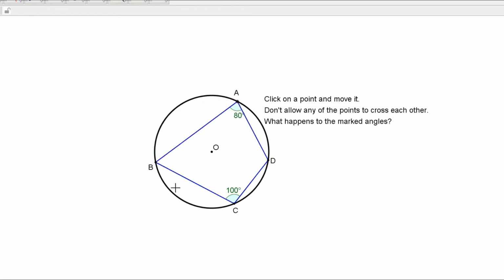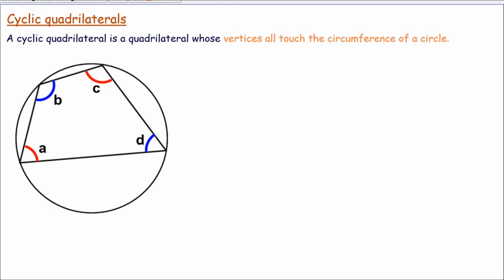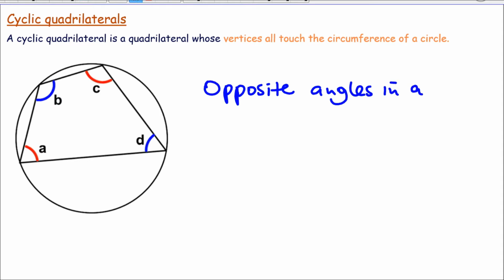Okay? Now, if I change again B and C, for example, at that point, we can see that these two angles, these opposite angles, in a cyclic quadrilateral, they still add up to 180 degrees. So we can conclude and say that opposite angles in a cyclic quadrilateral add up to 180 degrees. So we can say opposite angles in cyclic